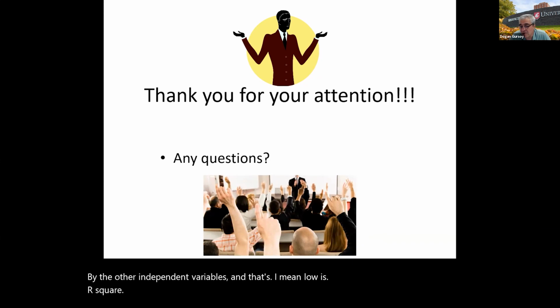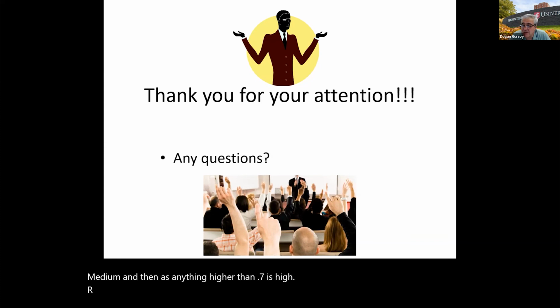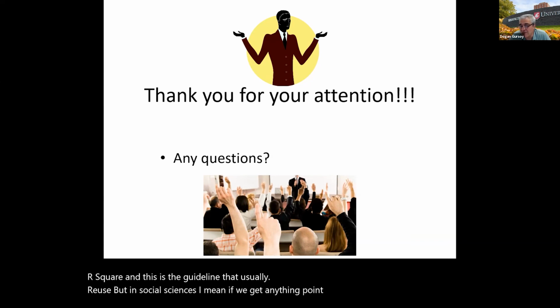Between 0.3 and 0.7 is medium, and anything higher than 0.7 is high R-square. This is the guideline we usually use. But in social sciences, if you get 0.4 or 0.5, I think this is a very good R-square